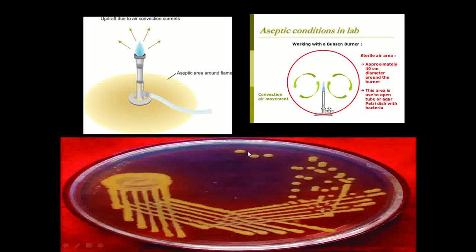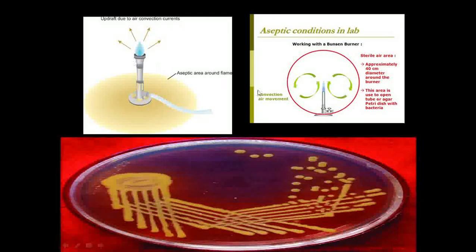Now let's see why we need to have a burner. See, as I said, I'm interested in a single colony. So to have a single colony, I don't want to add any contaminant by any chance from any side. So for that purpose, we need a burner to perform our practical. This burner will give out a flame. That flame will maintain an aseptic area around the work part. You can see the yellow portion. That will help us perform the practical.